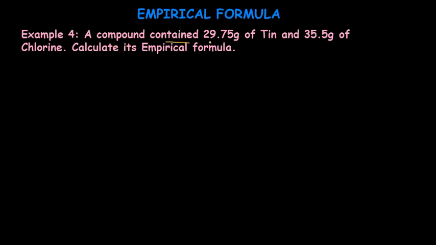A compound contains 29.75 gram tin and 35.5 gram of chlorine. Calculate the empirical formula. Now here we can see that we don't have percentage by mass, but we have directly the mass. That will also do, and we can calculate the empirical formula by the same method as we had done in the earlier example. So let's start by writing the two elements in series, and with the same method, let's write its mass below each element. So for tin it is 29.75 gram and for chlorine it is